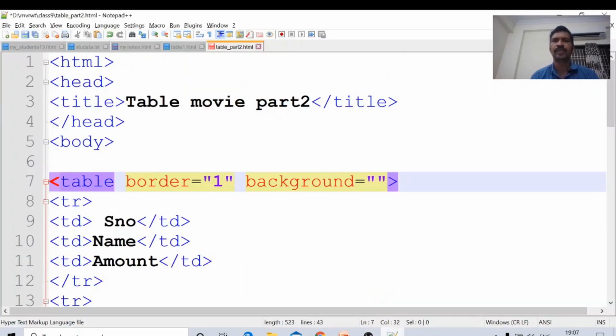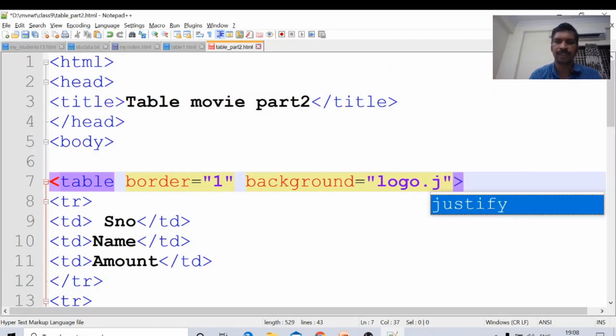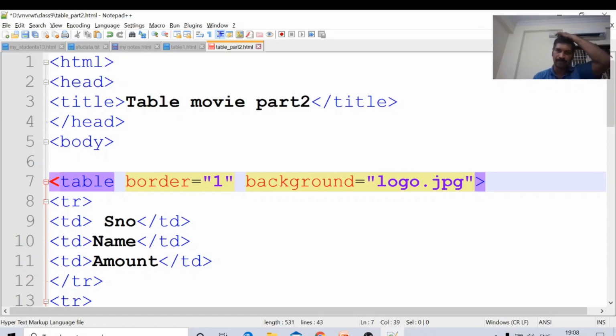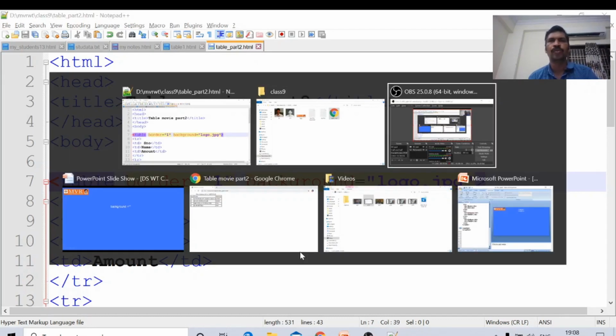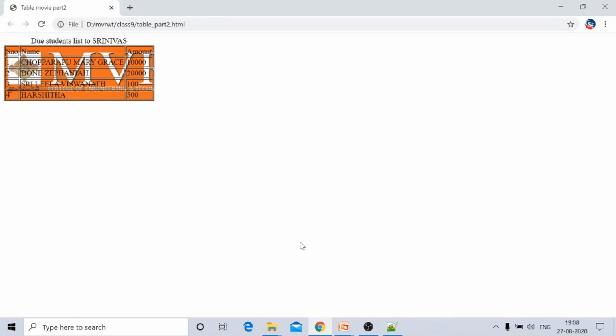Okay, this is the way. Logo.jpg, I am setting as the background of this table. Control S, Alt Tab, open it in the browser. F5. Okay, the background of this table is logo.jpg.